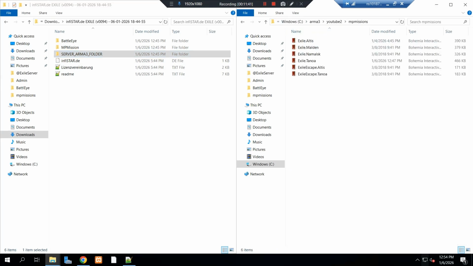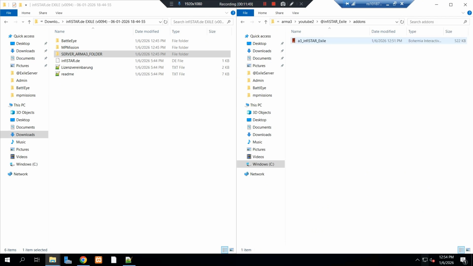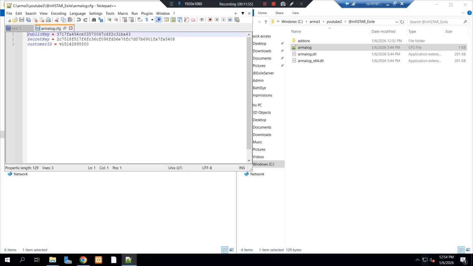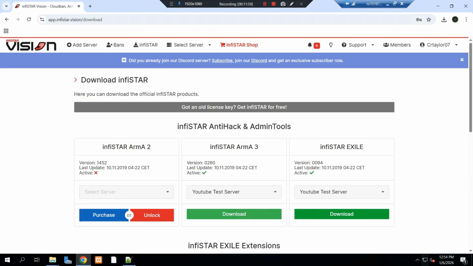Alright, so double check everything. It's been added into the mission. We have it there. We have it in the launch command. We pack this up. Oh, there is one thing. Right here, the Arma file, the Arma log file. Now this is your key and everything. You want to make sure